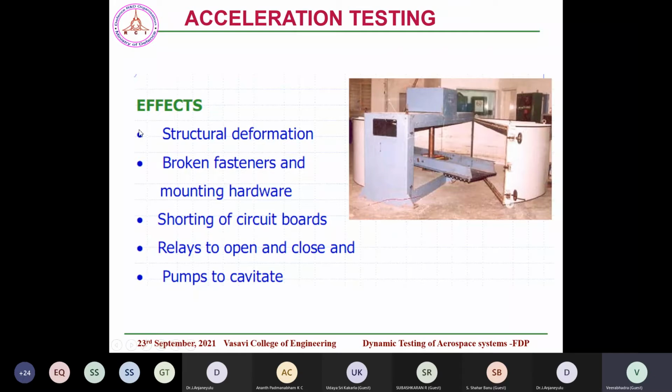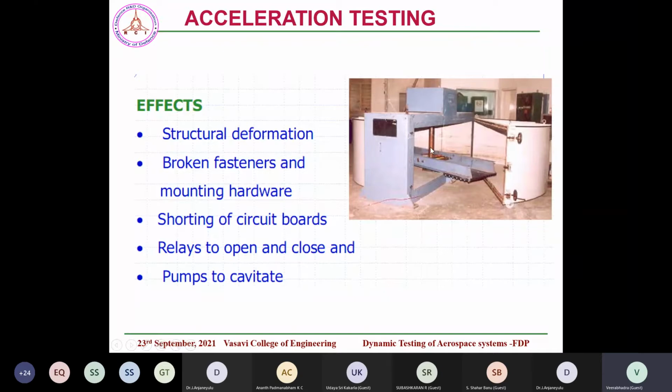So in actual flight, they are going at very supersonic speeds. You get a lot of inward accelerations. Typical numbers are like 10G, 20G acceleration. These have a lot of effect on electronic components, and also structures like bolts and other things fail. So these have to be simulated. These are simulated on systems called centrifuge.